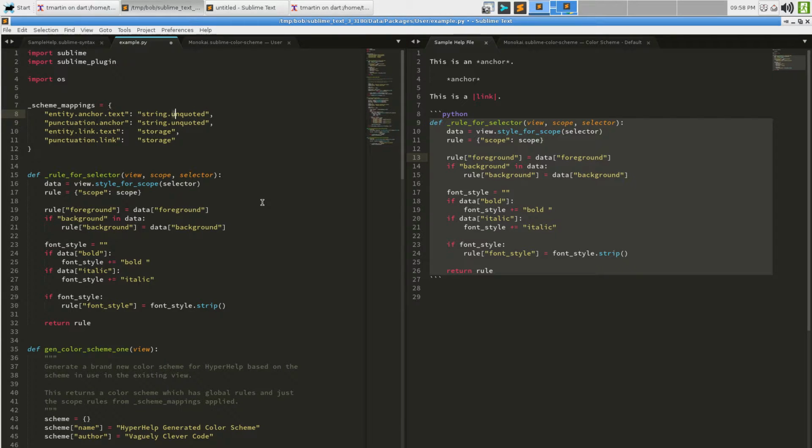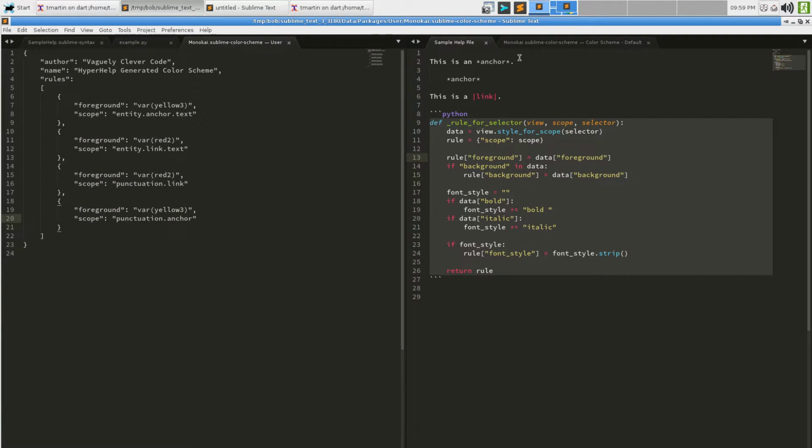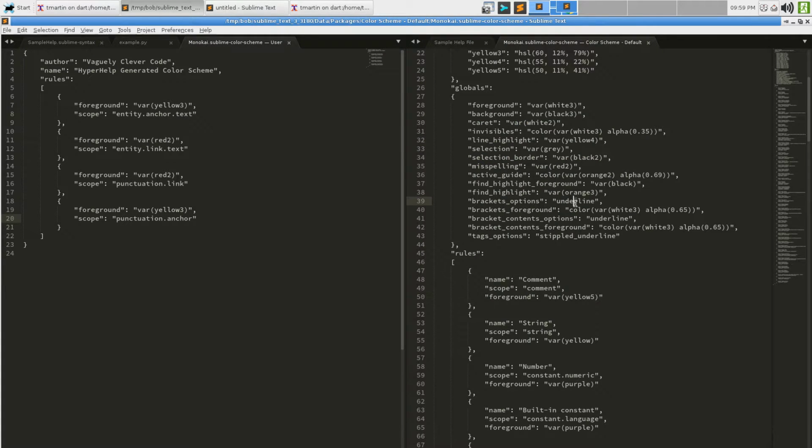Maybe that was my mistake. Let's see what that does. Anything? Bueller? Still yellow 3, huh? Well, that's funny because that really looks like string.quoted should totally be a color other than that. String is just yellow.